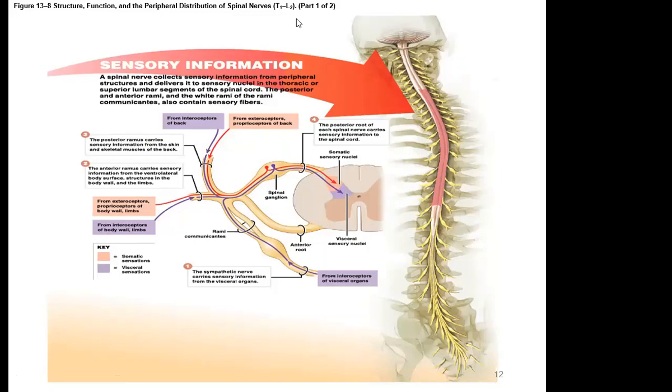Okay, the information is going to be sent to specific sections. It's not just willy-nilly. So that's your sensory information that's going to come in, and depending upon if it's somatic sensory or visceral sensory will depend upon which part of that dorsal horn it's actually going to be